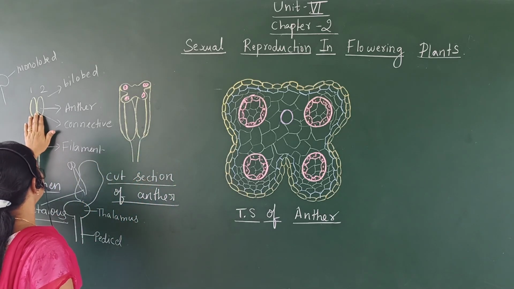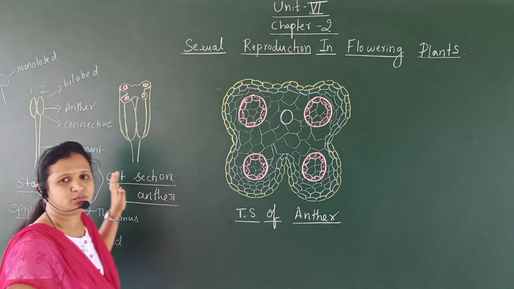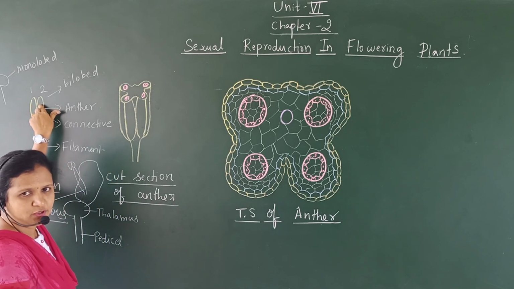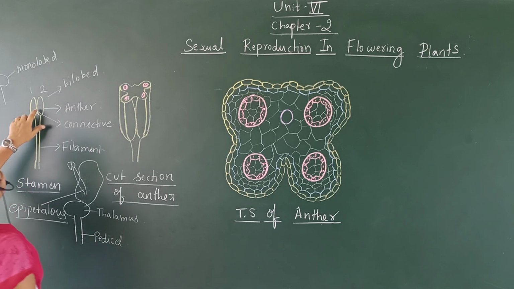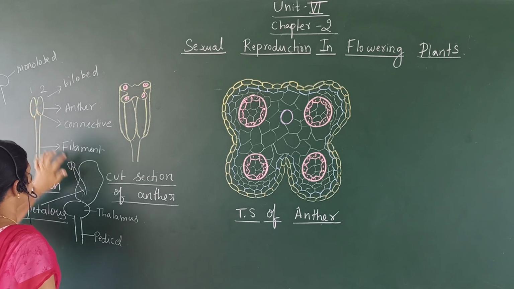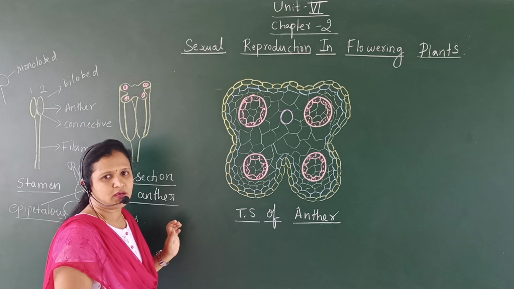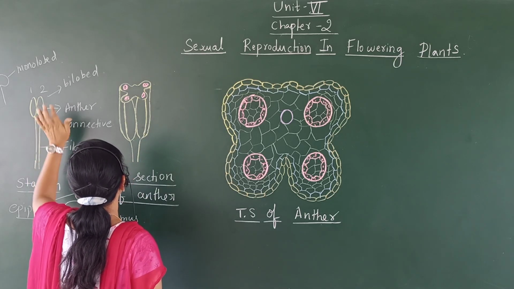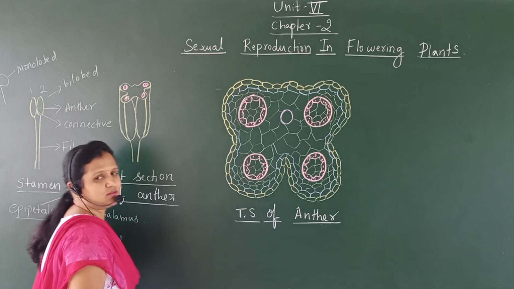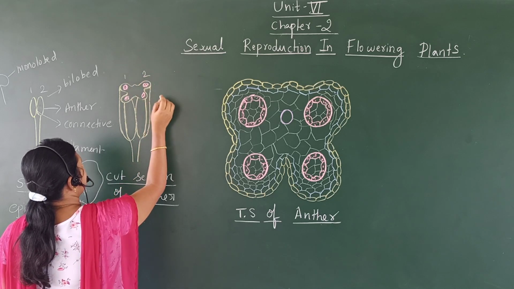If we study the detailed structure of the anther, we have to study only the anther, because the pollen grains will be produced inside the anther, and in the pollen grain the gametes will be produced. For that, we have to focus mainly on the anther, because the filament only connects the anther to the flower, and hence the anther is the main part where the gametes are produced. So if we cut the anther, this is the cut section of the anther, it appears in this way. Here you can see one lobe of the anther and two lobes of the anther.